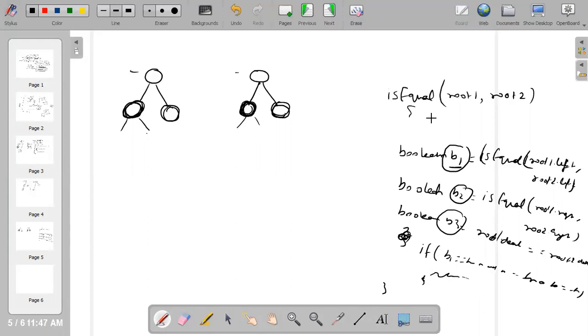And as base block, in base case you can write if node 1 is equal to null or node 2 is equal to null, then just return false, and here it is boolean.